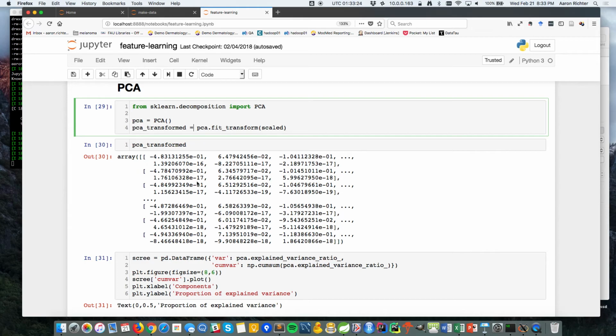What you do with PCA is, again, your whole goal with this is to do dimensionality reduction. So you're going to take your input. We have 1,300 features. We want to reduce it down to somewhere like 30 or 20 or 50. Because each particular principal component represents a certain amount of variation in the data, we want to see how many of those principal components we need to use to actually be useful with this model.